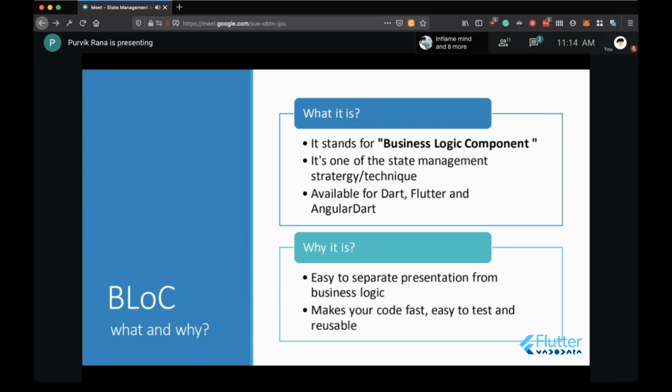It also makes your code fast, easy to test, and very reusable if you want to use it at multiple locations or on multiple screens in your application. So that is what Bloc is and why we should use it.